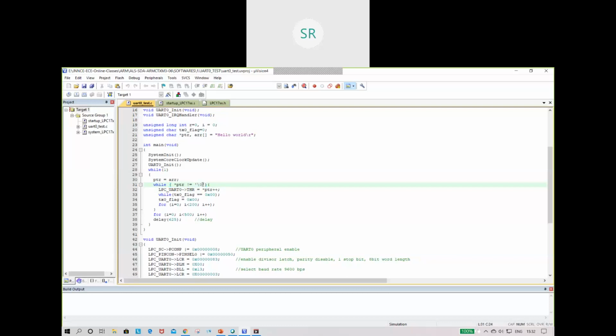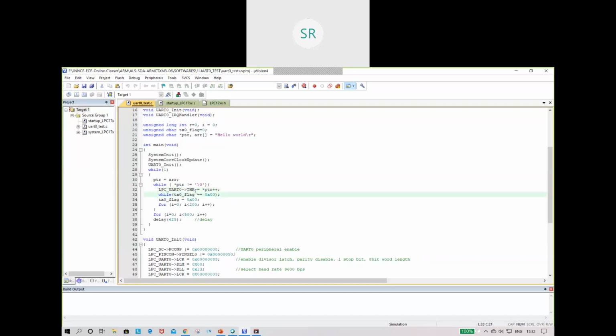So if it is not equal to null character, then whatever the data which is in the pointer is transferred to the THR. As I said, THR is the transmit buffer register where you can store the data which you want to transmit.